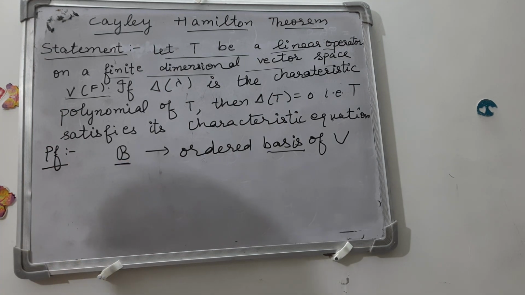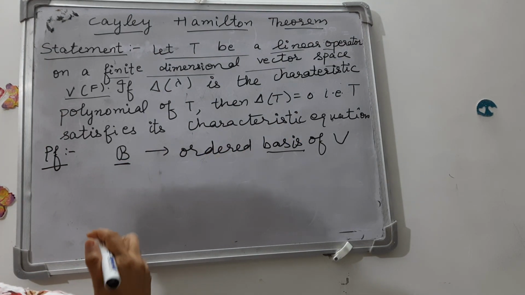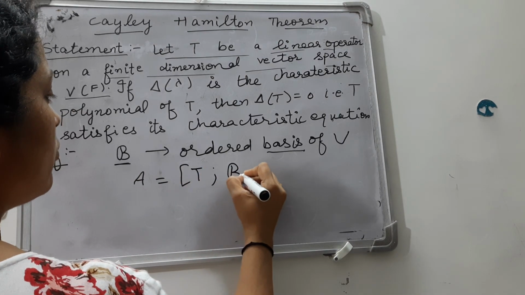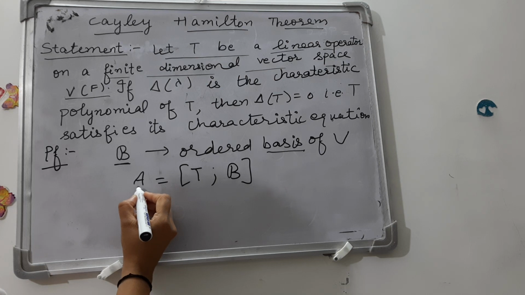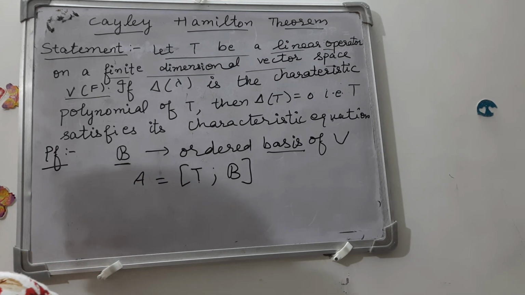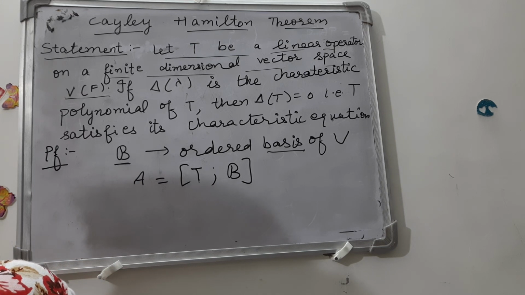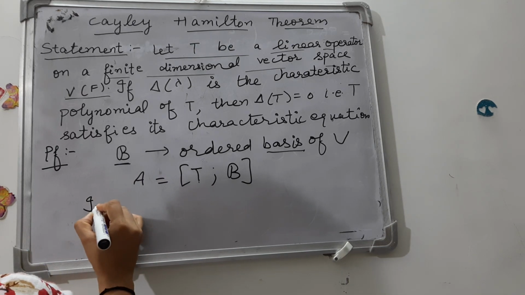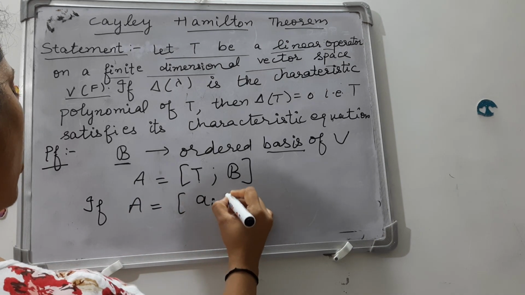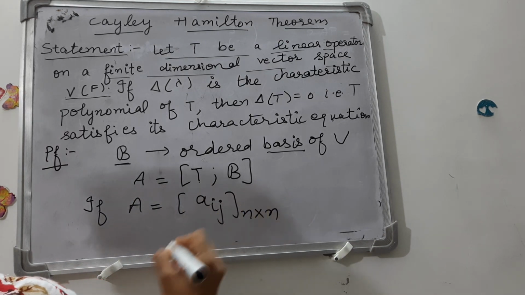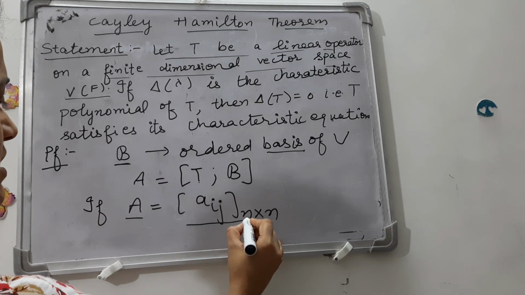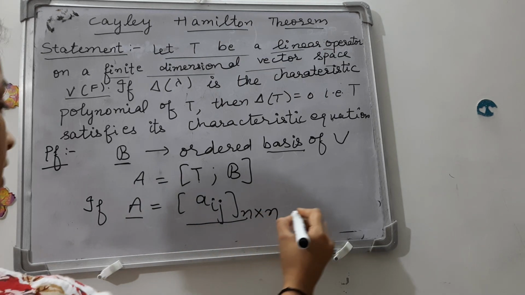We denote the basis by B. B is an ordered basis of V, and A is equal to the matrix of T with respect to B, means A is the matrix associated with the linear operator T. Then A equals Aij of order n cross n, we are considering the matrix whose elements are Aij of order n cross n, then